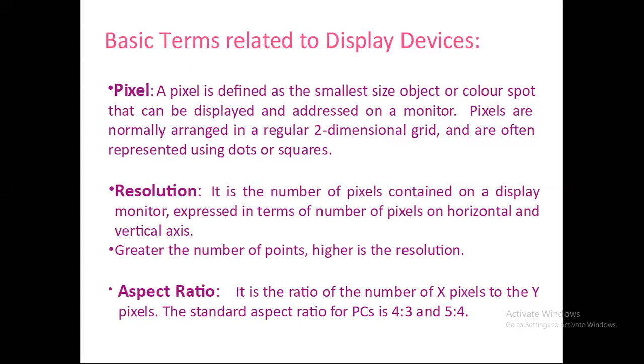Now why do we maintain the aspect ratio? In the next units, that is transformation, whenever you transform the objects, while translating or rotating the object, the shape should not change. So we have to maintain that aspect ratio, that is the ratio of the number of x pixels to the y pixels. Whenever we are transforming any object, we should maintain its aspect ratio.